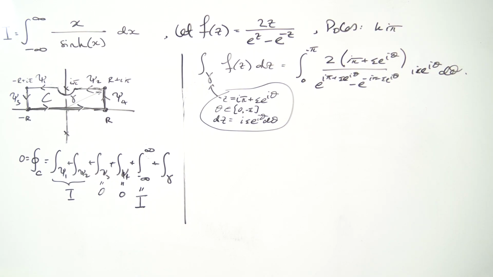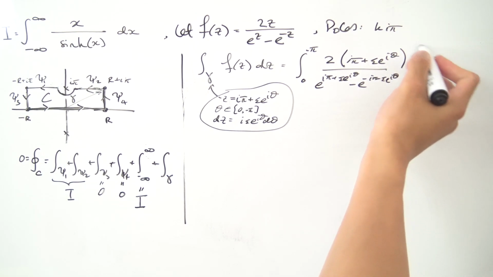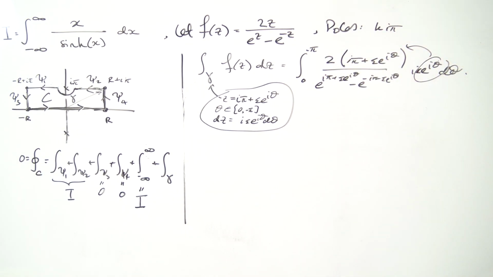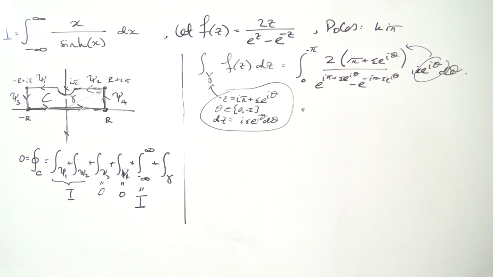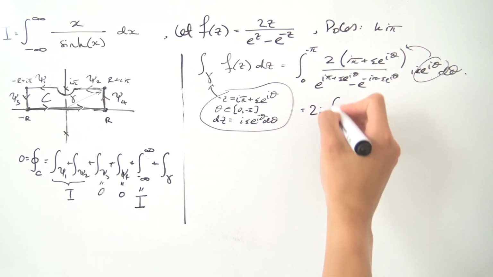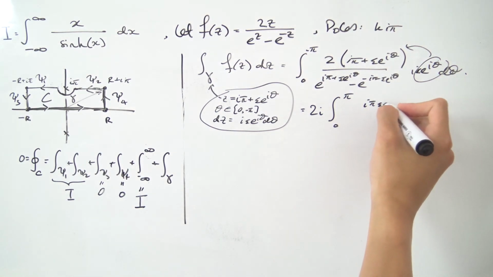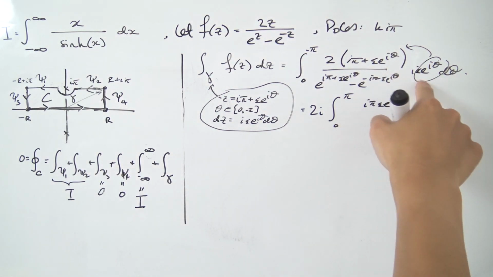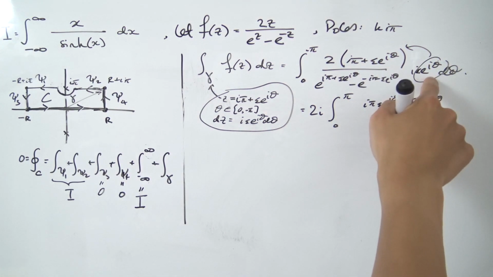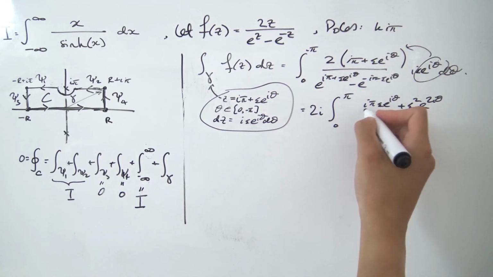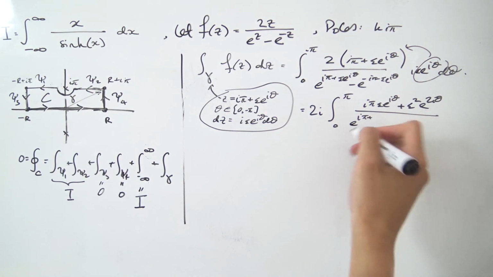Okay, so where can we go from here? Well, I'm going to take this epsilon e to the i theta and distribute it into these parentheses. And what I'll also do is bring this i and this 2 out to the front. So this is going to give us 2i integral from 0 to pi of i times pi times epsilon e to the i theta, then plus epsilon squared e to the 2i theta because we combine these two together. And all of this is divided through by e to the i pi plus,